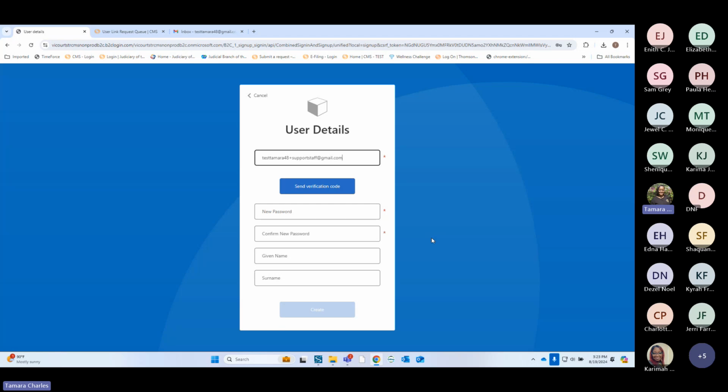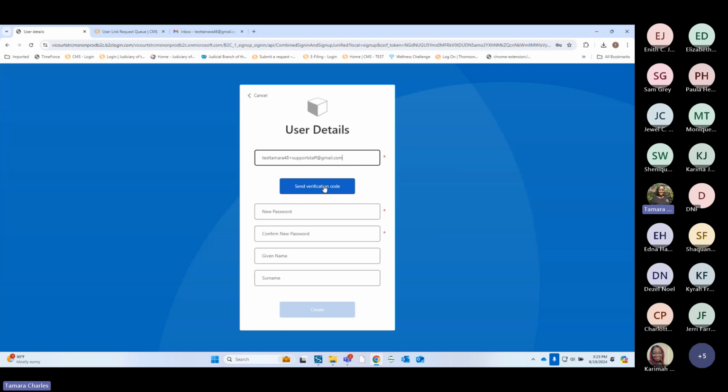I know firms that are larger, you guys have maybe 10 people testing. So you could create your own email addresses or your user information. But the distinction for this one is that it is an email address. A login is not just a username, it is your email address.